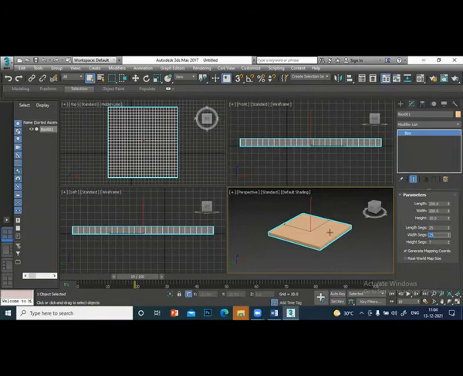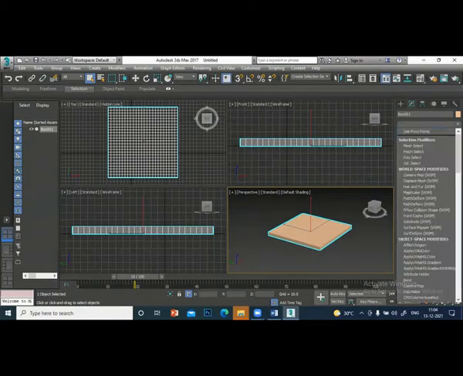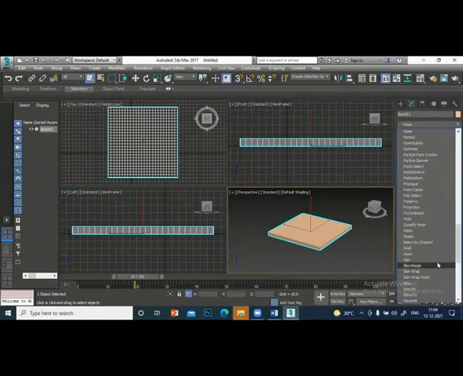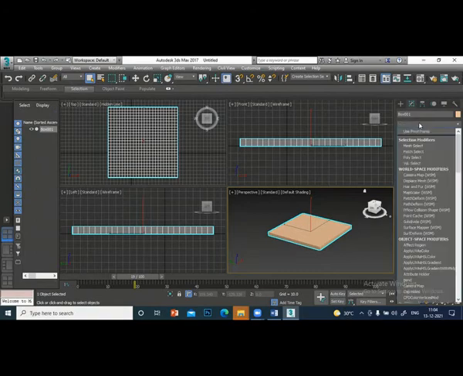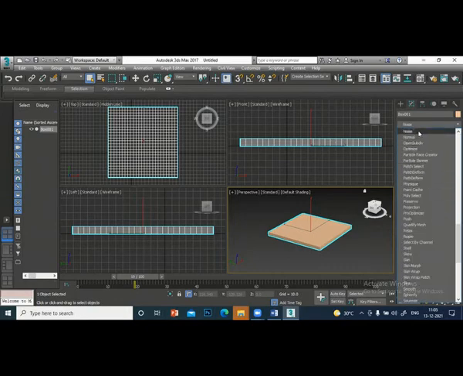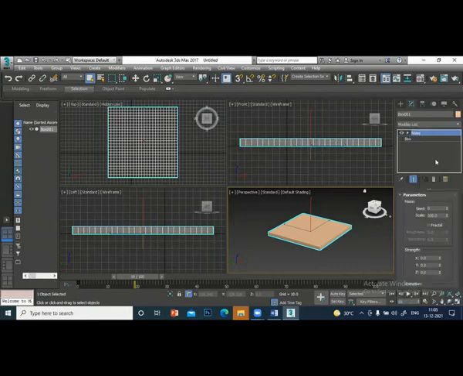Now I am going to apply a modifier for this. Go to modify, modifier list, click. I will apply a modifier called noise, type N, noise. So I applied a noise modifier there. See here, noise has come.